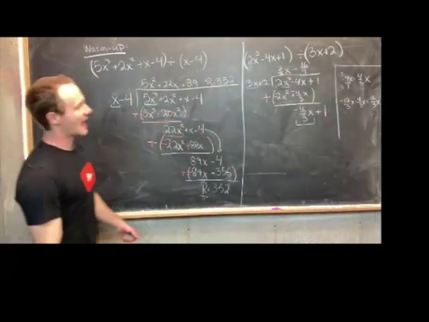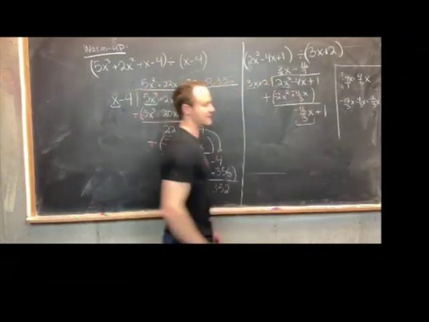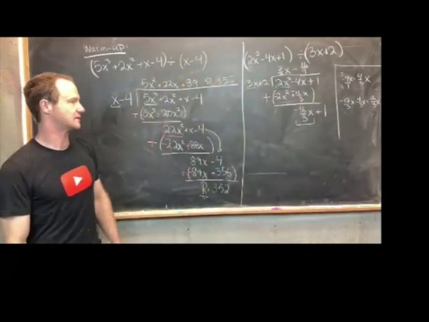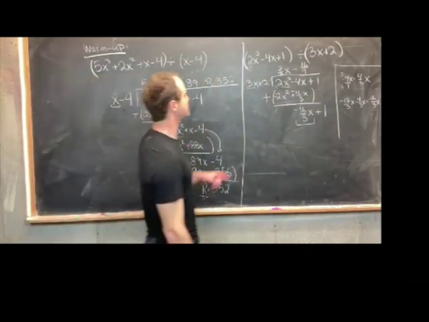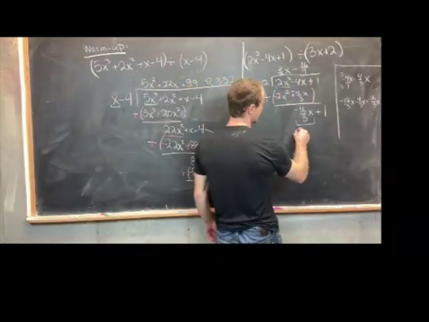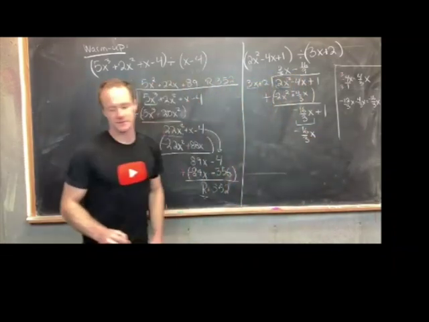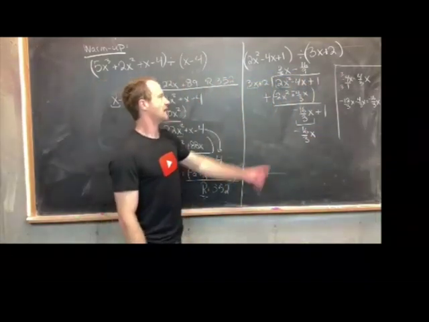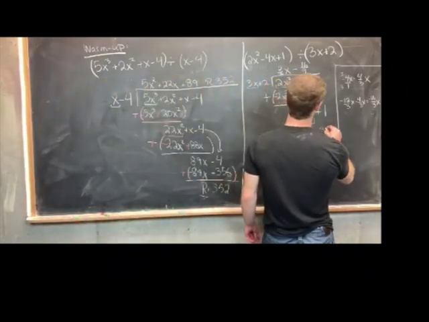And then the power of x is the same. Notice we've got 3x to the 1, and then this is also something times x to the 1. All right, so now let's see what we get. So negative 16 over 9 times 3 is going to be negative 16 over 3x. Remember, that's the goal. And then negative 16 over 9 times 2, so that's going to be negative 32 over